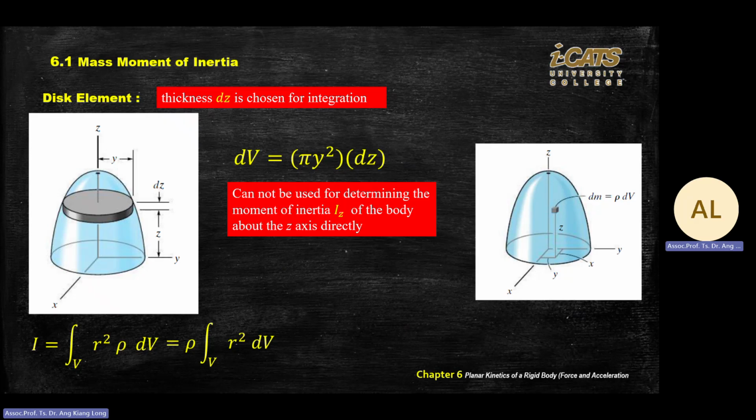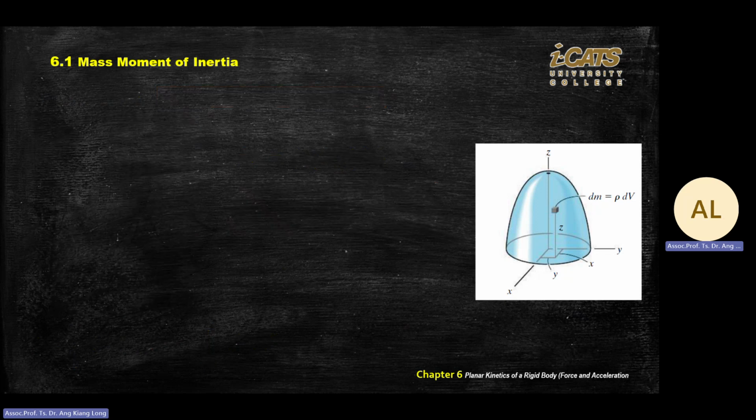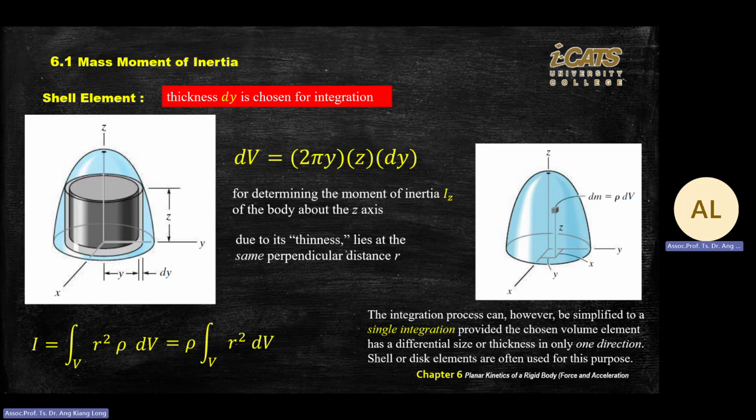If you move along this axis, as you change the thickness, you look at thickness, because you are looking at dy, the radius. As you move from z above, you actually